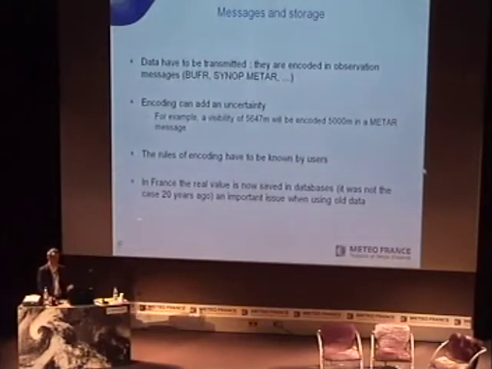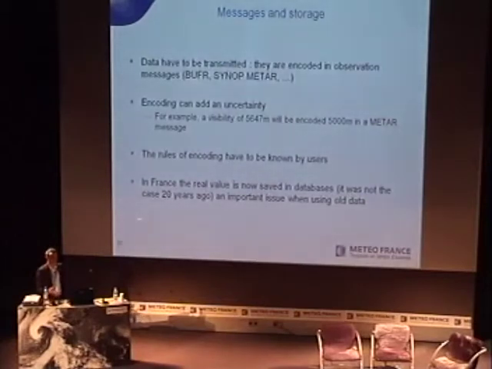Another source of uncertainty, I will go real fast on that, but it's good to know about it, is the messages and the way the information has been stored. Because when you use old information to have a good knowledge of the climate or the variation of meteorological parameters on a site, you need to use old data. And the way meteorological data are stored, are coded, really depends on time and